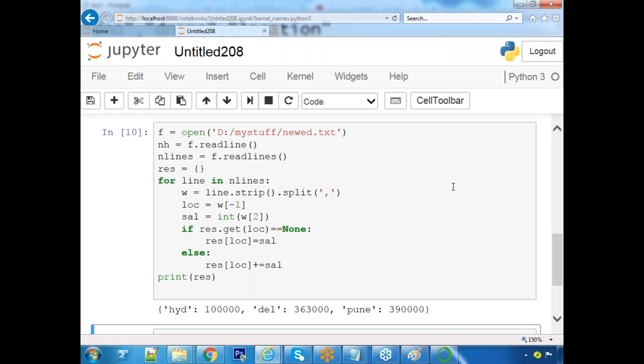Why did we apply joins in this example? Because your required entities are available in different files. My task is, for each city, what is the total salary? But the problem is that location information is available in one file and salary information is available in another file. Same thing from the sales point of view: product information is in one file, transactions information in another file. From the database point of view, same thing in different tables.